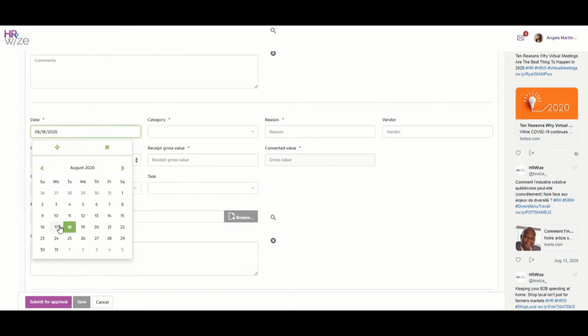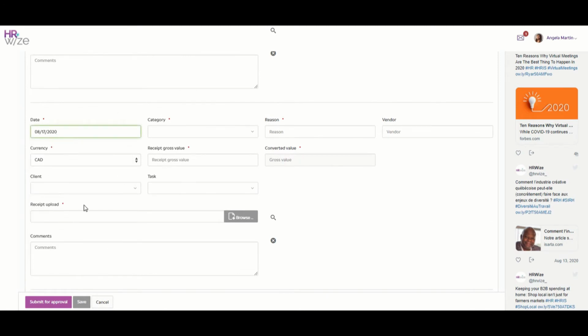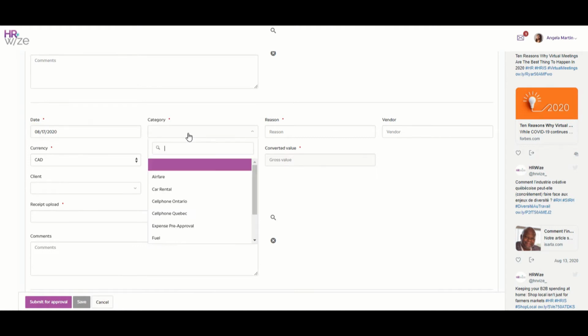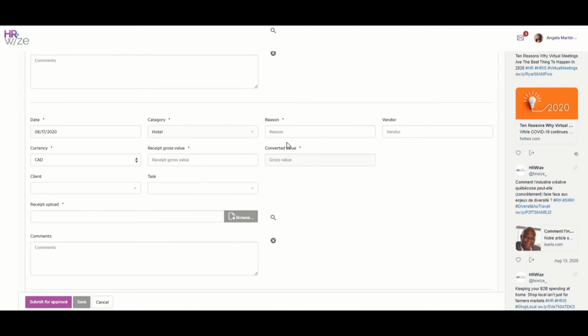First, we enter the date, and from the drop-down list of categories that we have created, we'll select Hotel, and then enter the reason, enter the name of the vendor or supplier, enter the gross amount value of this expense with the right currency, which is Canadian dollar,